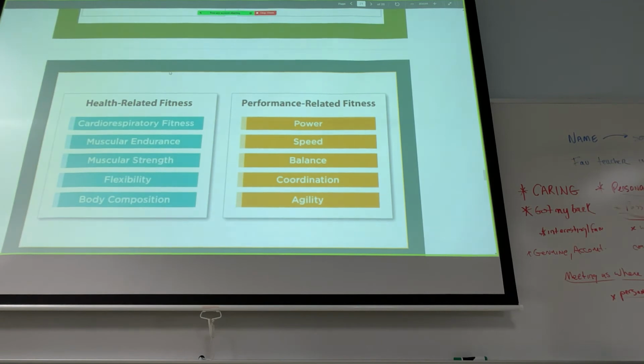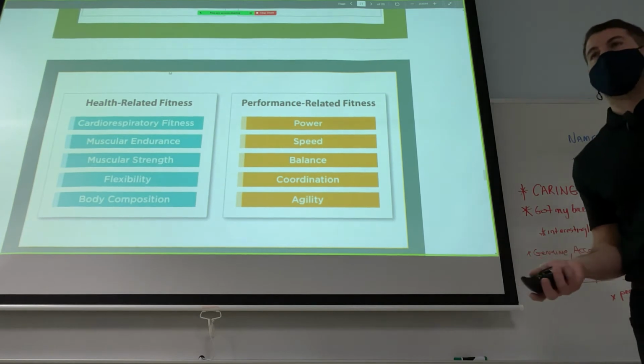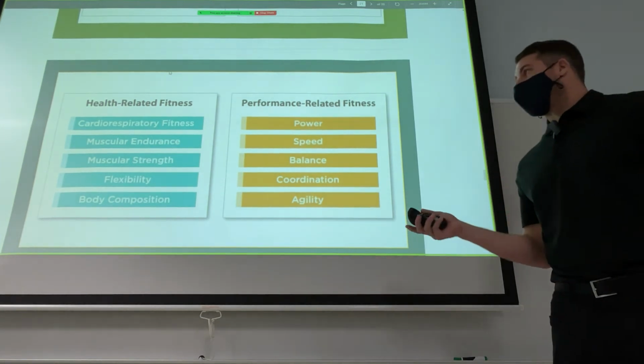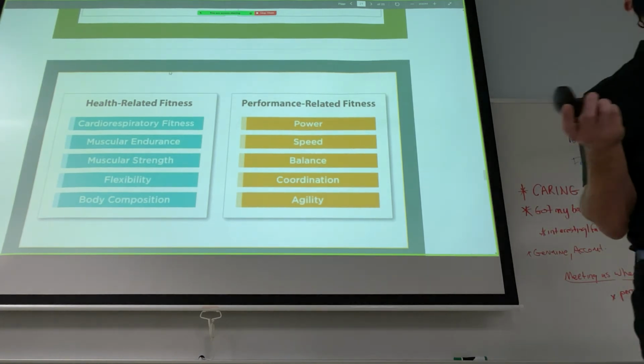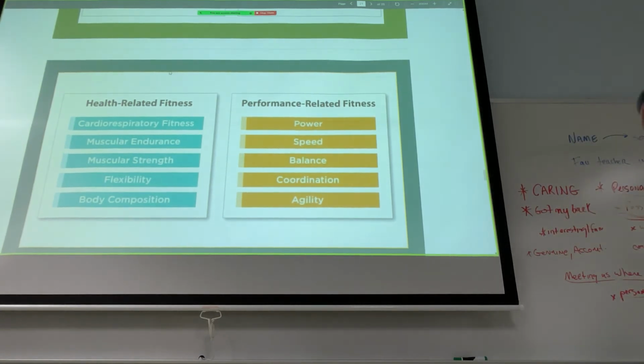So you have health-related fitness and performance-related fitness that you can work on with your clients or students. Health-related fitness is your cardiorespiratory fitness. We measure that by measuring your VO2 max, or we look at your resting heart rate. We can do a resting heart rate test before and after step aerobics for 3 minutes. Muscular endurance, how many reps you can perform. Muscular strength, that is your 1 rep max. Flexibility is your range of motion. Body composition is your BMI or your body fat compared to the rest of your body.